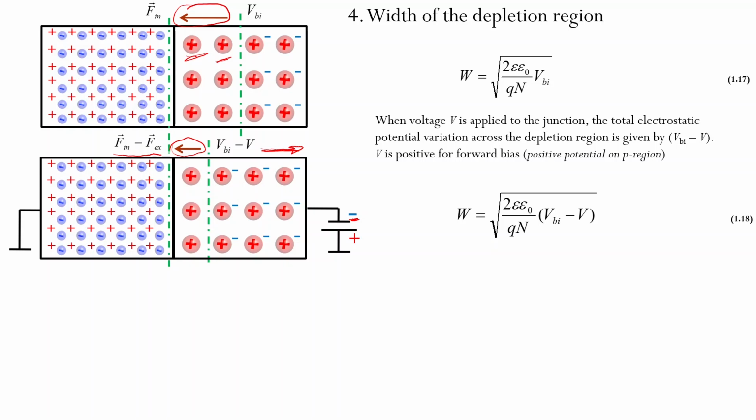We can only change the volume this depletion region occupies, and that volume times concentration of ionized donors will give us the space charge. So that means that when we apply this negative potential to n-type semiconductor, positive as a result to p-type, we